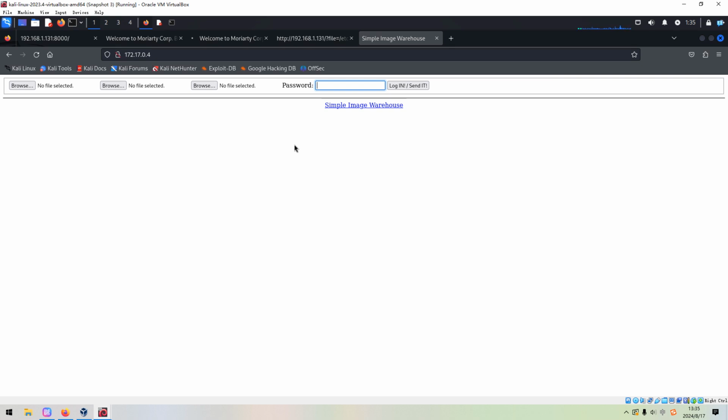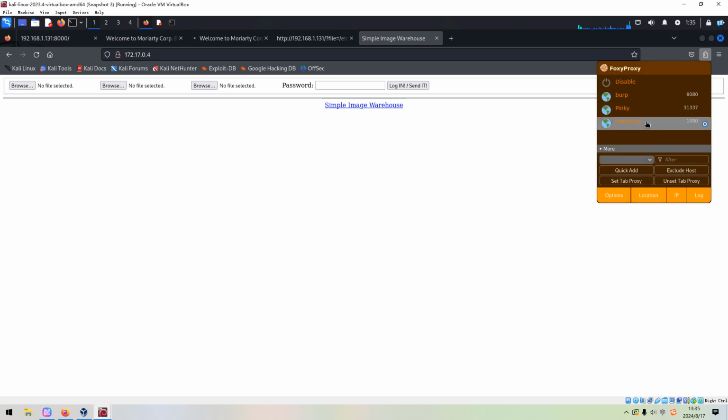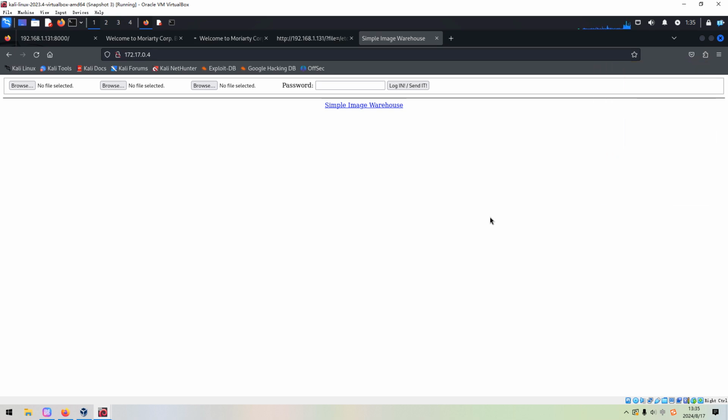And next we need to use Burp Suite. I think the proxy should be turned to Burp. So how to use the default proxy of Burp Suite together with the SOCKS proxy?